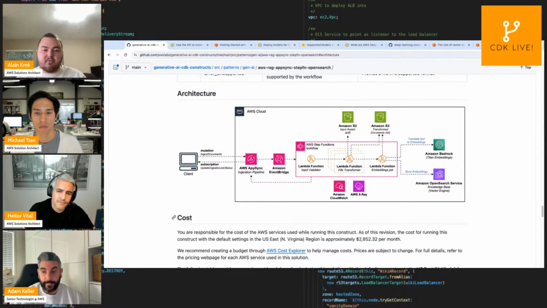Then it will extract the text from your PDF files and store it into another bucket. And the last step, it will take this text content and chunk it into smaller pieces, because the models have a limited context window. So it's easier to have smaller chunks, and it's harder to search over big chunks in general. And then we will create what we call embeddings. Here we use Amazon Bedrock. We will convert this text into embeddings and store them into a vector database.